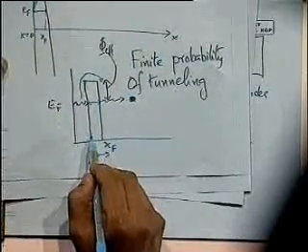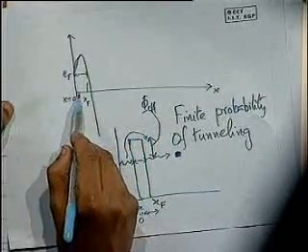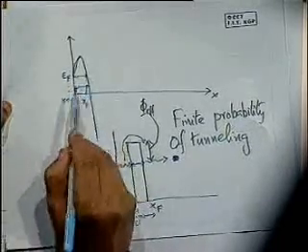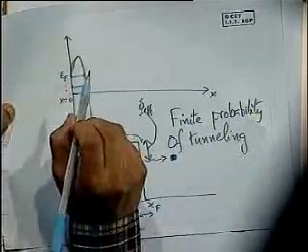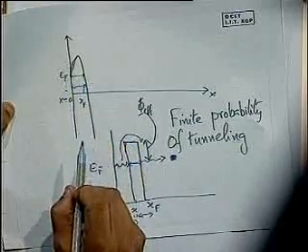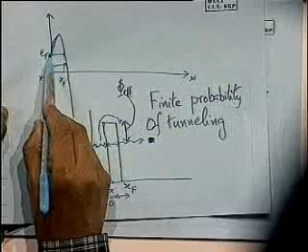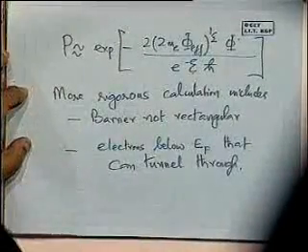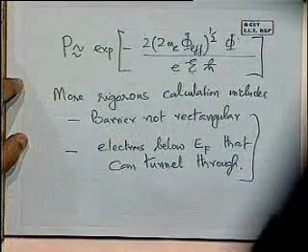Now, when we account for the fact that the barrier is not strictly rectangular but is more like this shape, then the probability of the electrons tunneling that are below EF, depending on this width, we can say is lower. Am I right? The electrons below EF also have a finite probability, albeit lower than the electrons sitting at EF. So we have to account for that also. When I'm trying to calculate the current density, we don't simply say the electrons that are sitting at the Fermi level, but close to it also there are electrons that can go. So a more thorough calculation will take into account both these factors, and then we can arrive at an equation